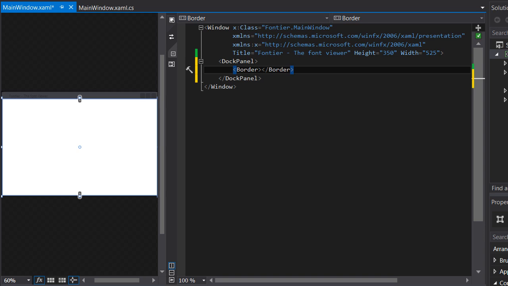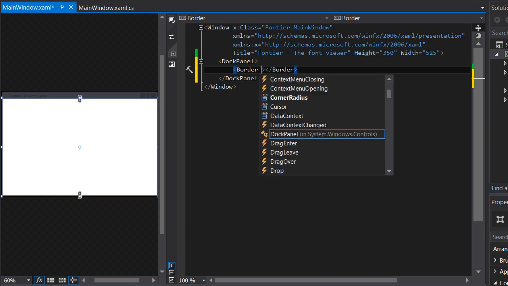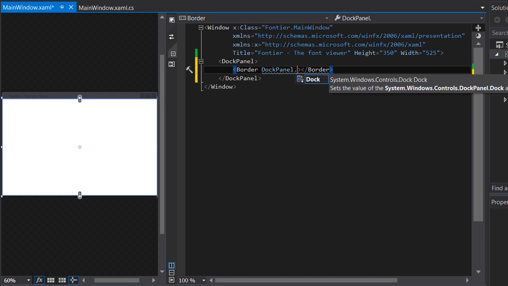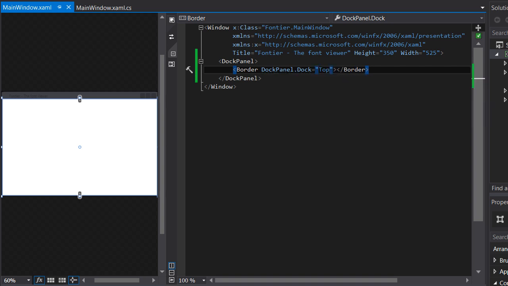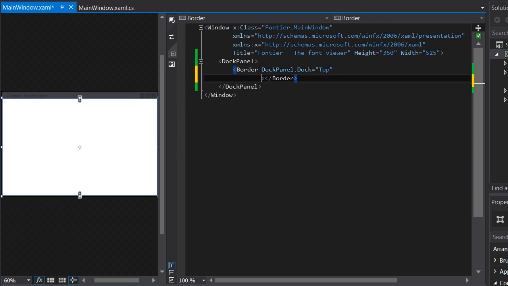And why do I use a border? I use a border since I have the possibility to dock that, to position that, to color that. So it's more like the styling element of this text. So the border is within the dock panel. I want to tell the dock panel that it should place or position the border at the top of everything, so I write DockPanel.Dock top,